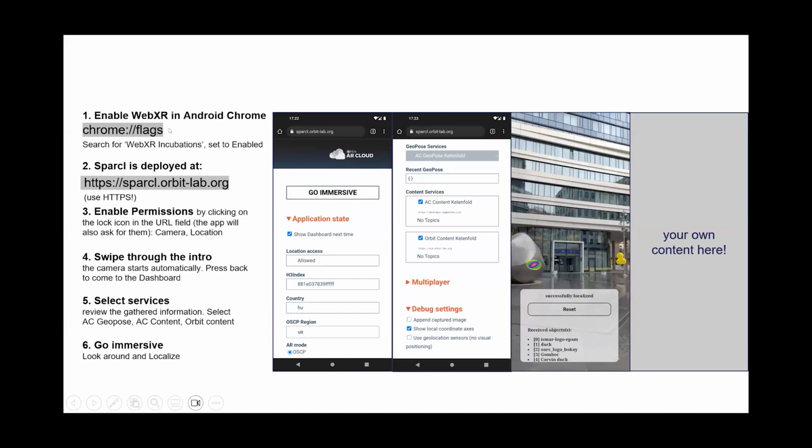So I already talked about this. It's actually deployed. The current version, the latest version, I deployed it yesterday at spARcl-orbit-lab.org. This is actually a server running at Rutgers University. And you can swipe through some intro and enable location, enable camera access, and then you will be presented this